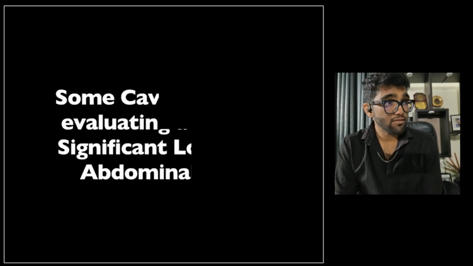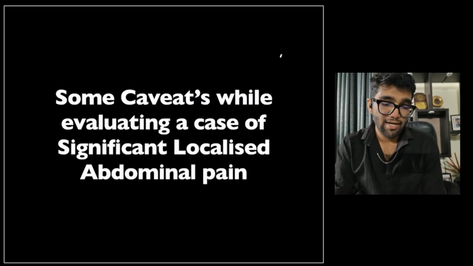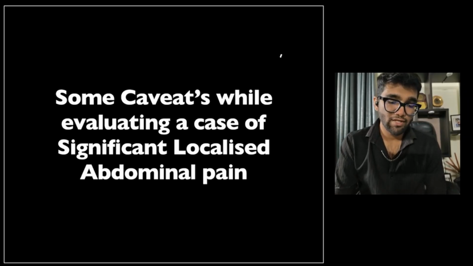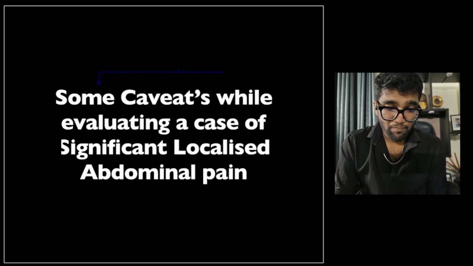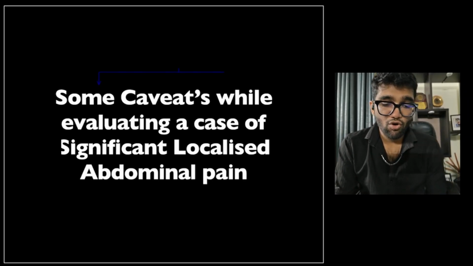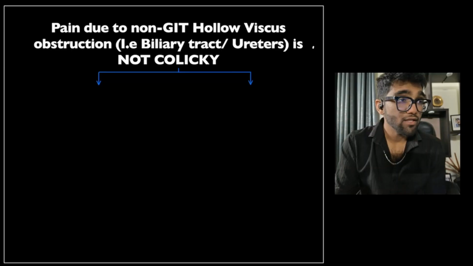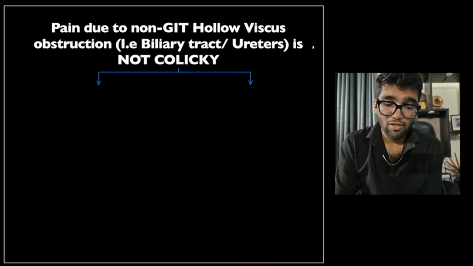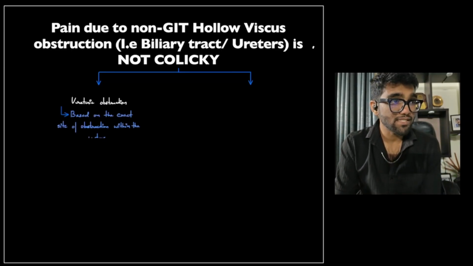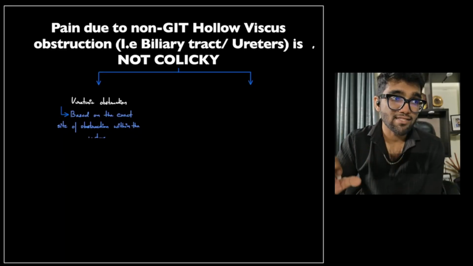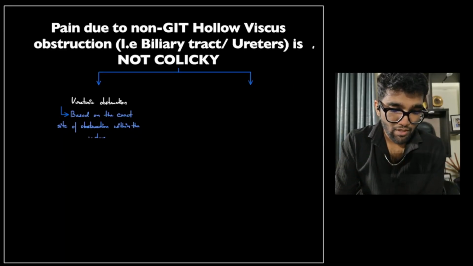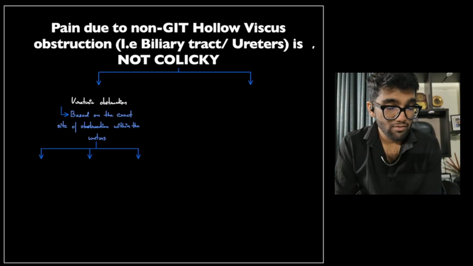Okay. Now there are some caveats that we need to discuss regarding evaluation of significant localized abdominal pain. So the first caveat is pain in non-GIT hollow viscous obstruction, that is biliary or ureteric obstruction, is not colicky. Okay. So what do I mean by the pain not being colicky? I mean that the pain is persistent. It stays. Okay. So now in case of ureteric obstruction, the pain, depending on where the ureter is obstructed,